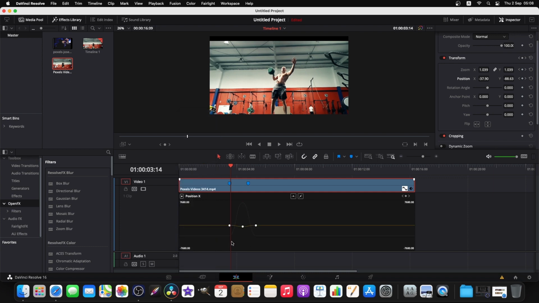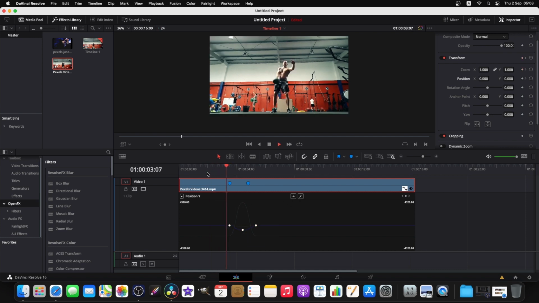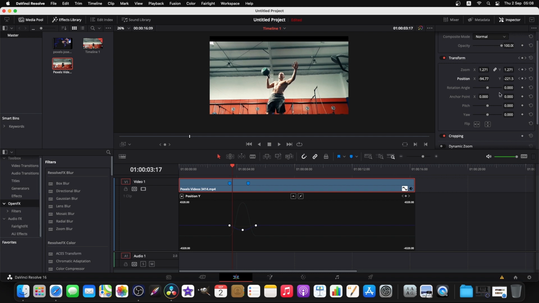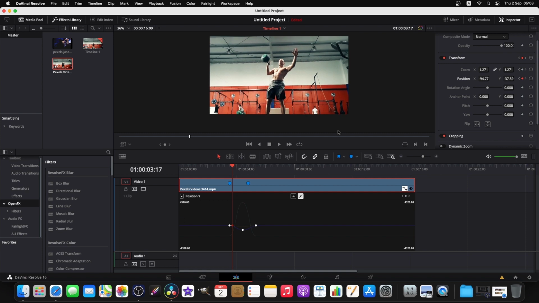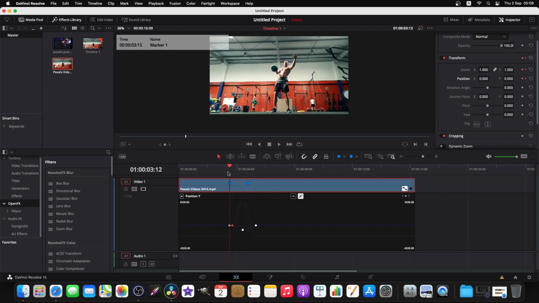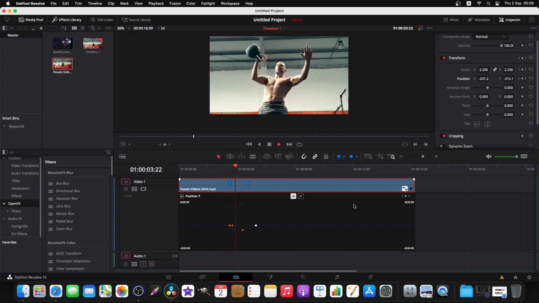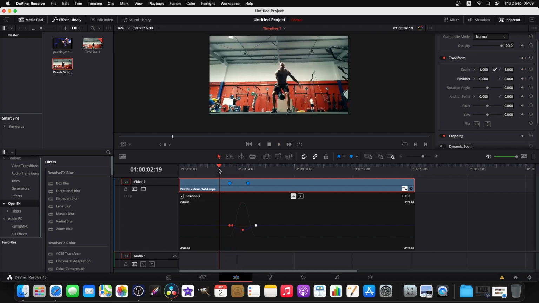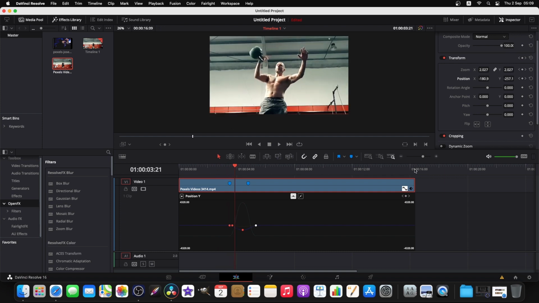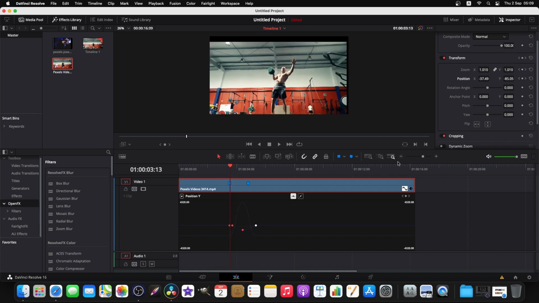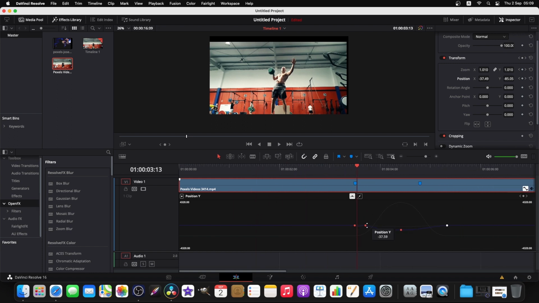And okay, position Y. Let's see now. It's also in the black bar. In here I'm going to position this to there. Okay, now it's pretty good. Oops, I think this, see,